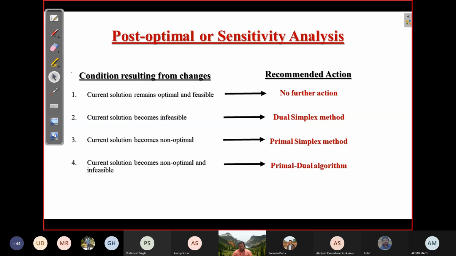What is range of feasibility? Can someone tell me? This is already discussed, range of optimality and range of feasibility. Like one equation, within what range we can shift, I'm telling graphically, so that the current solution still remains feasible.